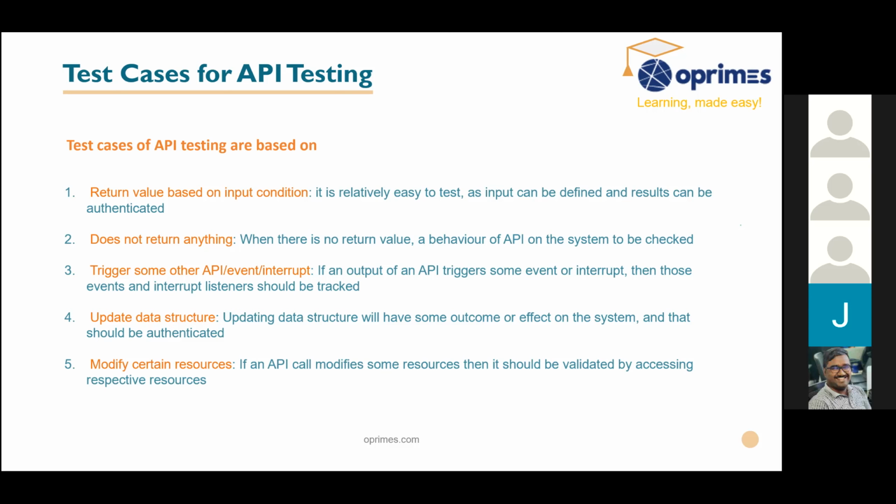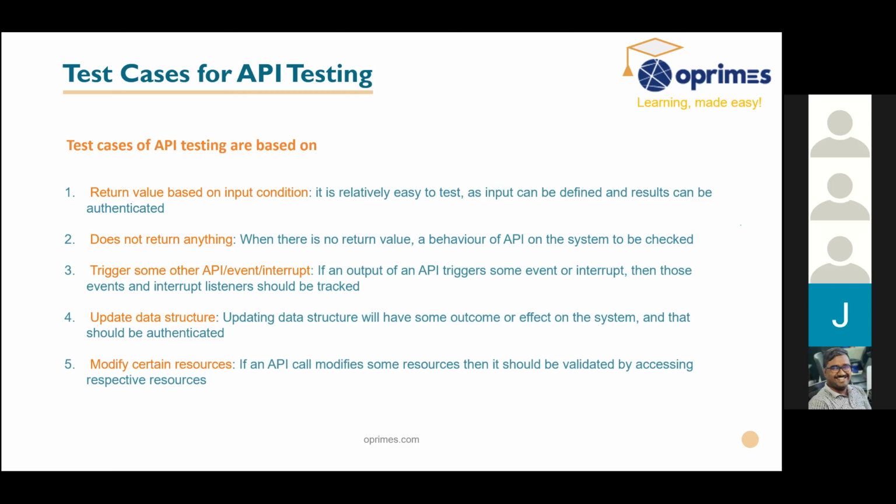So if this is called correctly, and when it is calling, what are all the security issues they are having, because it is calling internally. Internal breaches can happen, and whether it is giving the right product. These things have to be validated, and if there is any event or interrupt during that point, that has to be tracked. Okay, and updating the data structure.